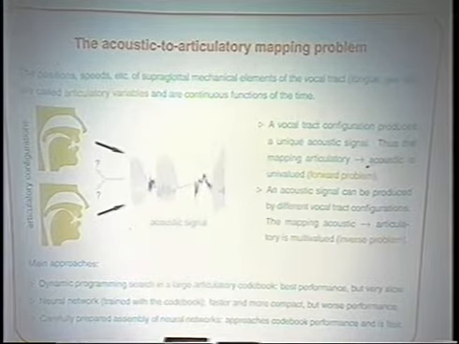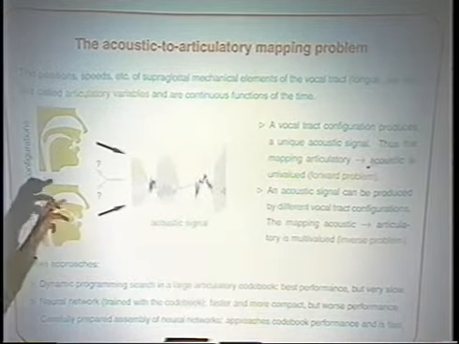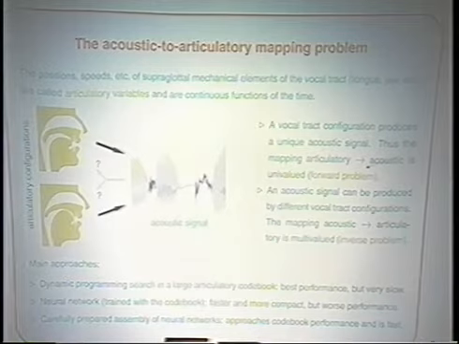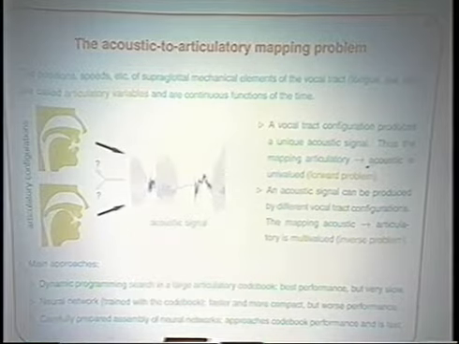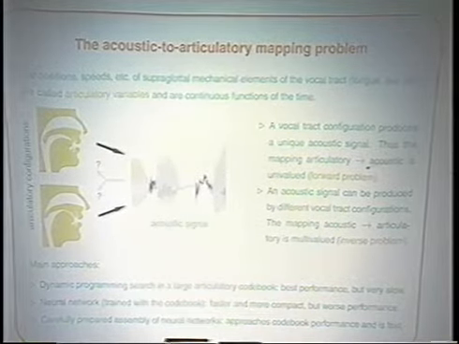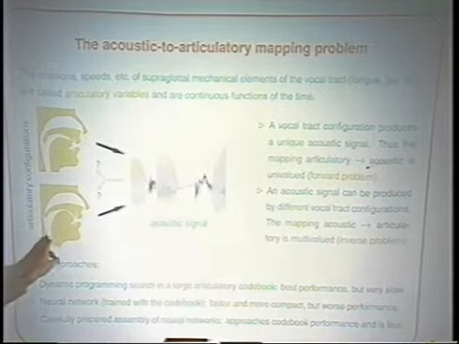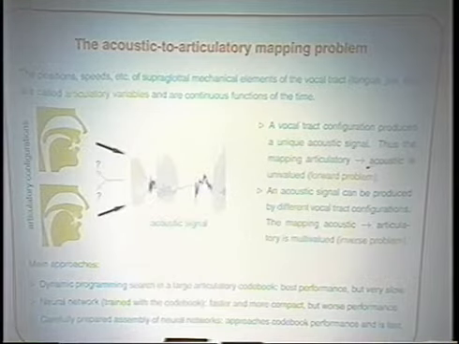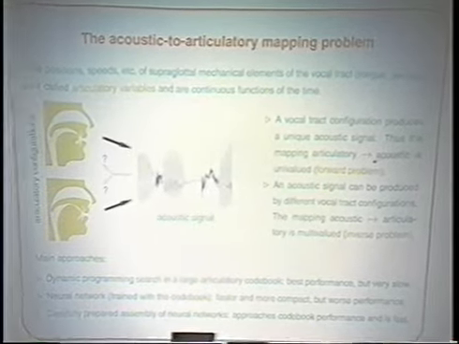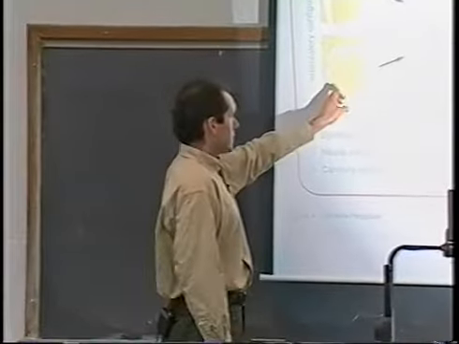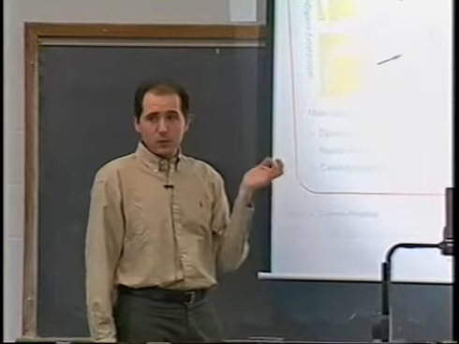So what happens is that, as I said, given a particular acoustic waveform at time t, there may be, not always, but there may be several configurations of the vocal tract that produce that. And this is what ventriloquists do, for example. They can speak without moving the lips. That means that they are compensating with the rest of the vocal tract. This poses problems because from here to here, the mapping is univalued. You give your vocal tract representation, and that gives you the acoustics, only one, because it is a causal, physical model. And then you could learn this mapping from articulator to acoustic representation using a neural network, for example. There would be no problem with that.